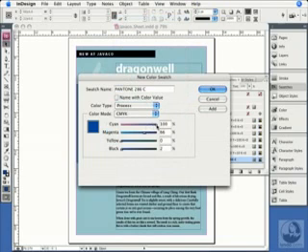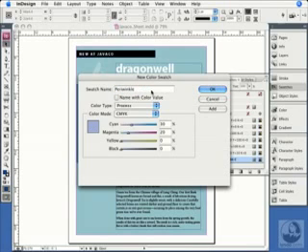Of course, I could just pull these sliders around until I get a color that looks pretty good on screen, but if I really care about the color, I'm probably going to dial it in directly. Let's say 30% cyan, hit tab, 20% magenta, and 0% black. Now this is not Pantone 286, so it really should change that name automatically for me, but I can change it if I turn on the Name with Color Value checkbox. Turn that on, and the values actually appear there. Turn it off, and I can actually name it anything I want.